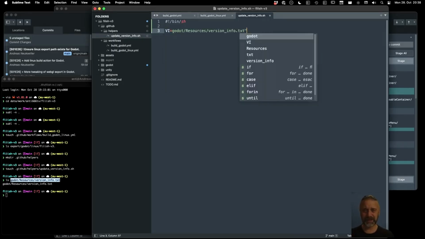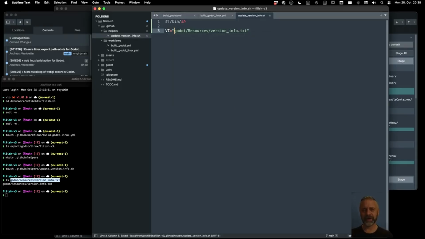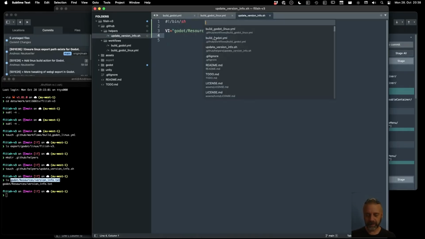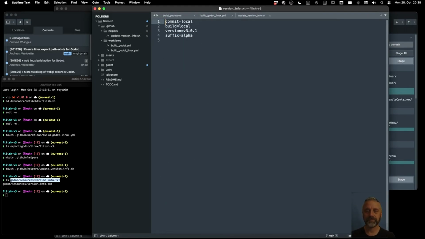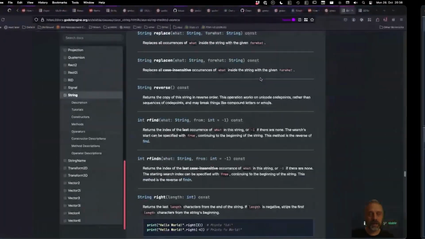Please, we should do some... hey, where is this file, right? This is version info. And then we just write the 4 variables in there, right? So if I open the version info from here, we just want to write this, right? So what we can do is an echo, and there's something